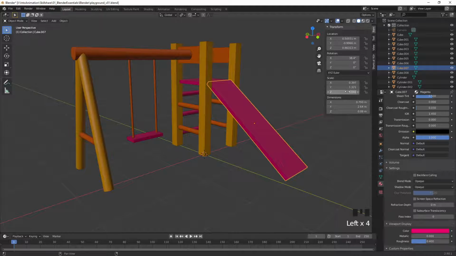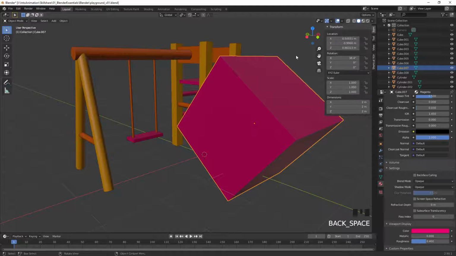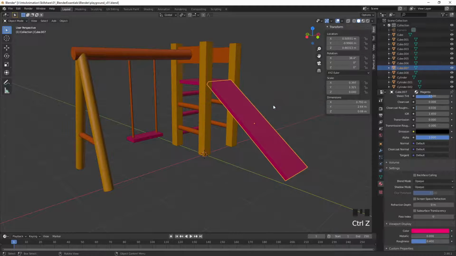When we create an object, by default, its scale will be set to 1 on all axes. And we can see that if I hit the backspace key while rolling over the scale value, that will take our slide and reset it back to the default cube. And you can see here our scale values are 1 and our dimensions are back to 2 meters on all axes. So if I just hit Ctrl Z to undo that, you can see obviously our scale values are now